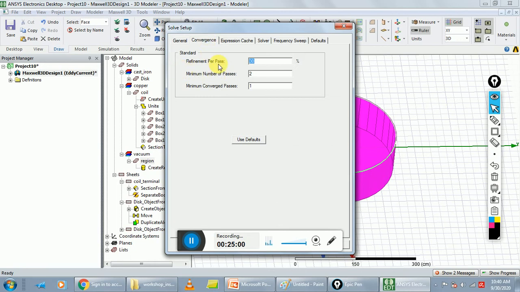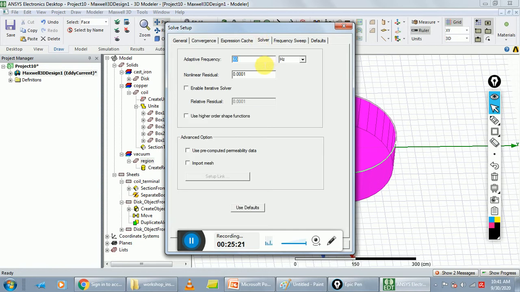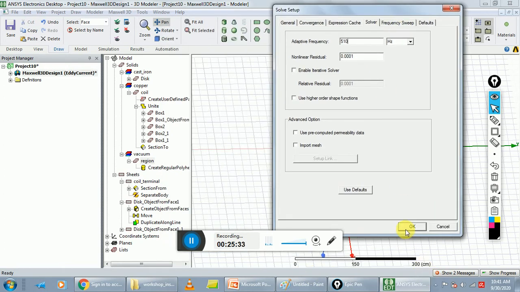Go to Convergence tab, decrease the refinement per pass to 20%, and leave the rest as it is, and go to Solver tab and change the adaptive frequency to 510, and leave all settings as they are, make it okay.